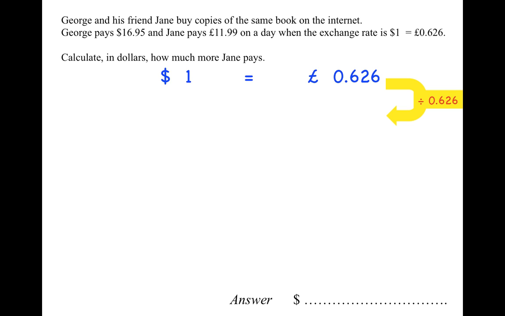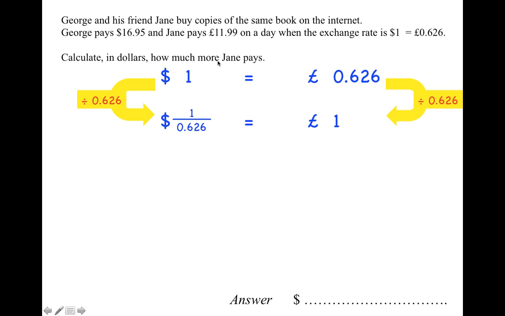So if you divide everything by 0.626, you will get what £1 is worth. And because it's an equation, you need to do exactly the same to both sides. So we're going to divide the dollars by 0.626 as well in order to figure out what that's worth in dollars. So when you do that, you get that 1 divided by 0.626 dollars is worth £1,